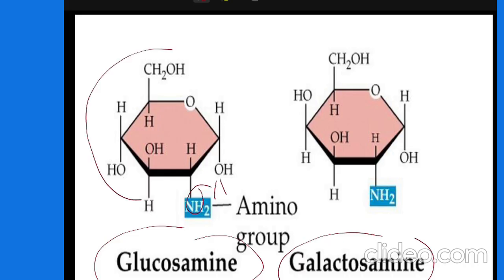Look, OH has been replaced with NH2. So this is a glucosamine and this is the structure of galactose. So this OH group has been replaced by this NH2. So it is the galactosamine. Coming to the next slide,